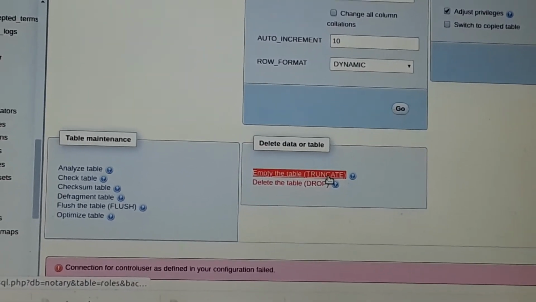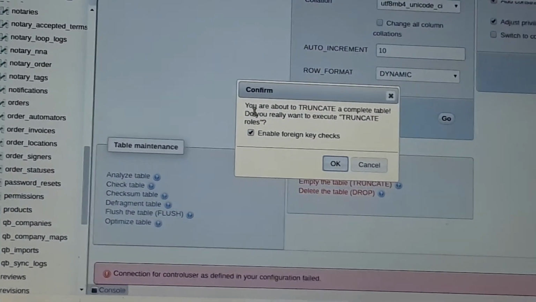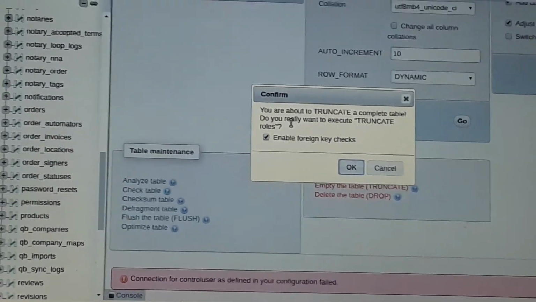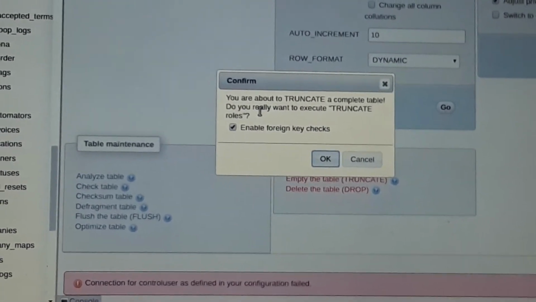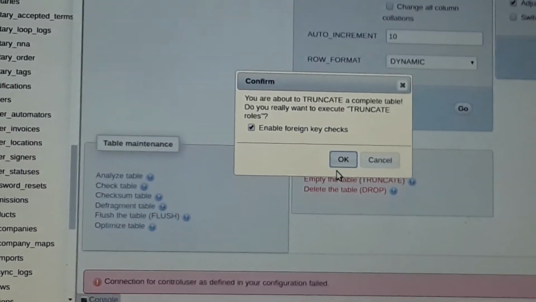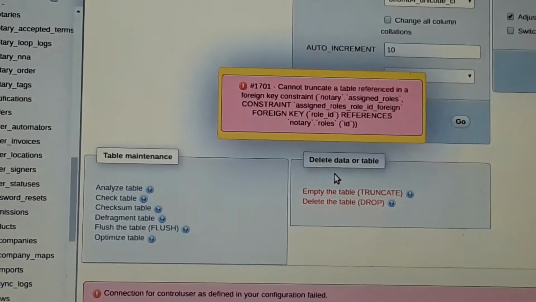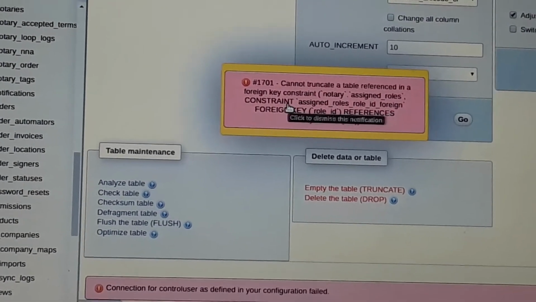Here, empty truncate. First check the truncate. Click on truncate the table. Here it asks: you are about to truncate, do you want to execute truncate roles? Okay. Cannot truncate a table referenced in a foreign key constraint.